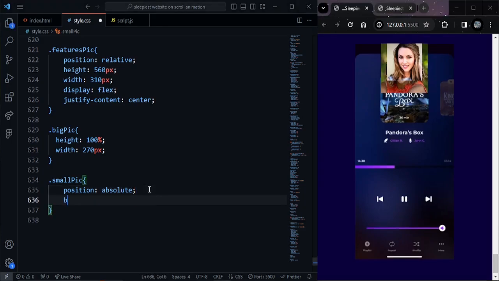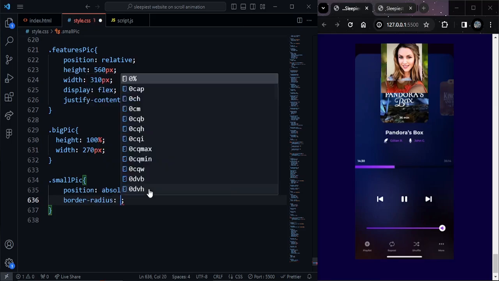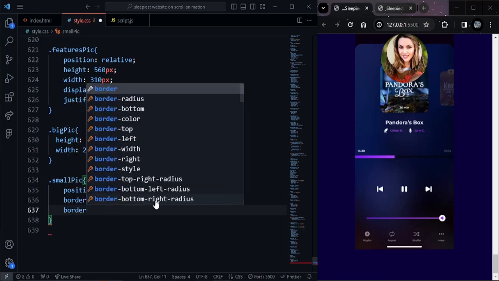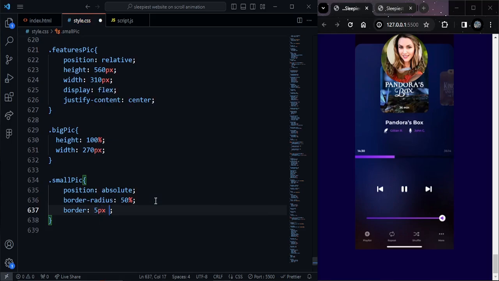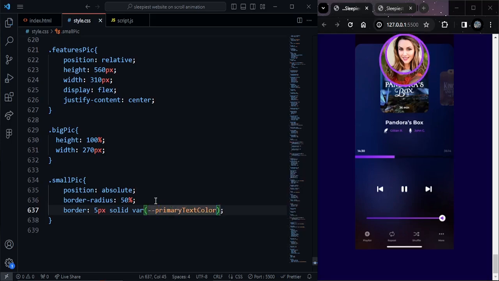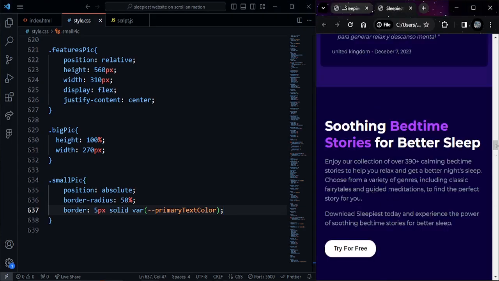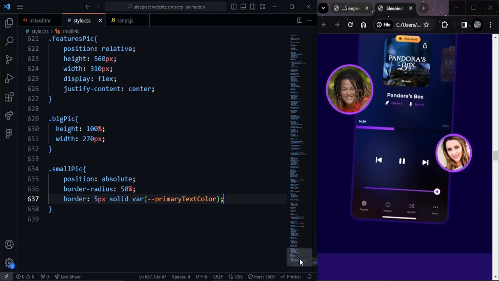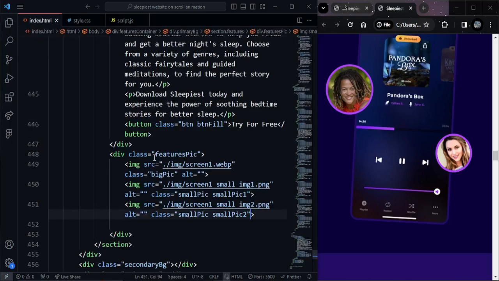And again the border radius 15%, the perfect circle, and the border 5 pixel solid, and the border color will be primary text color, just like this. And both pictures are different in size, so we are going to target them specifically. The very small pic one,